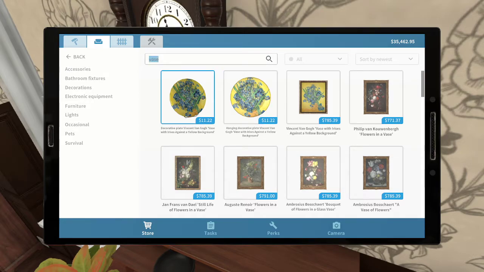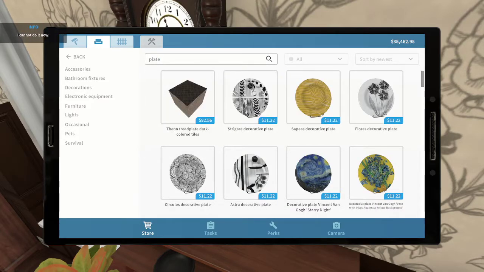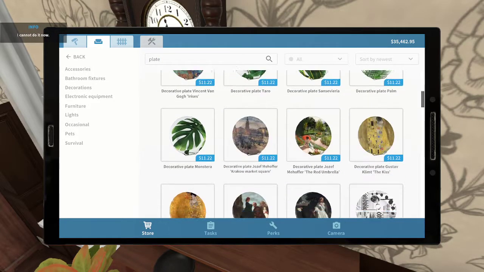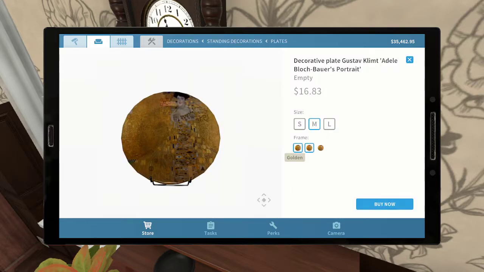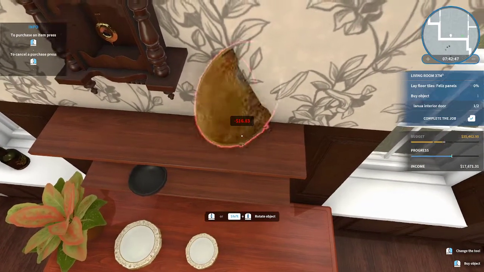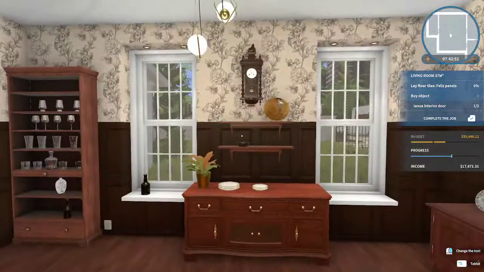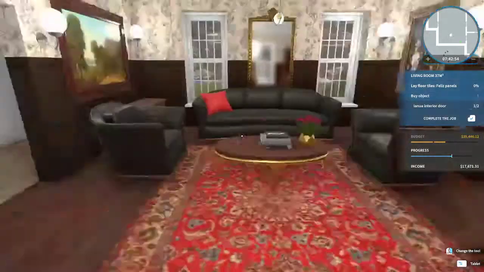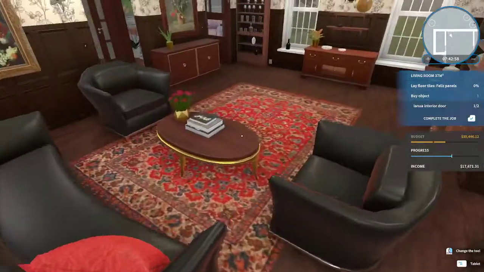Let's see, decorative plate. This needs some color, and these can do it. This one. Medium, golden, empty, and okay, how about golden then? This is what can add some nice color here. And I think also then over here,